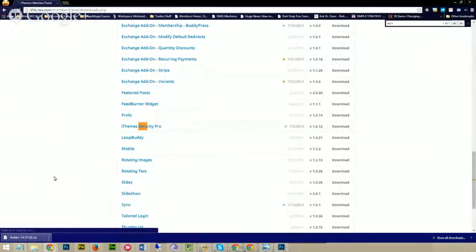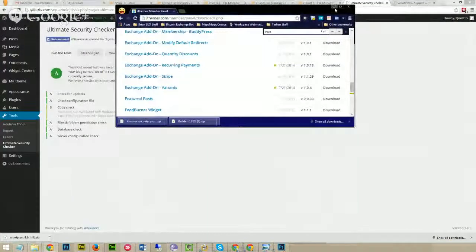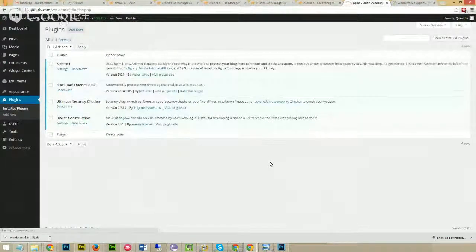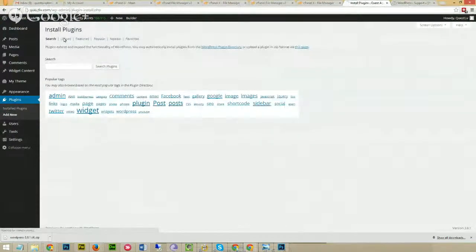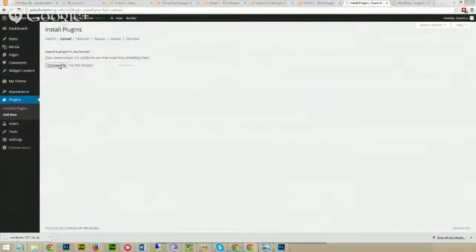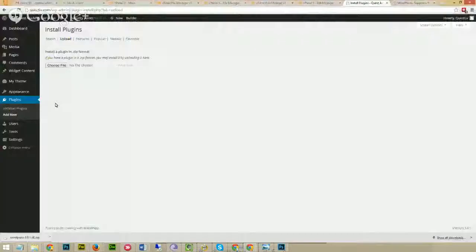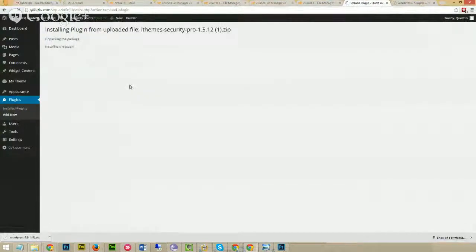So I'll download it, and we'll just upload it into our plugins. Add new, and then upload, choose file, and I'll take it from my downloads. Here it is, Ithemes Security Pro. I'll install it, activate plugin,